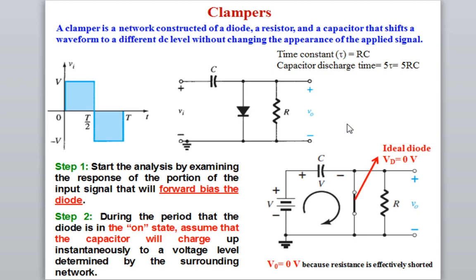Okay, so let us try to understand, if you are given a numerical problem, how to find out the value of output voltage and how the output voltage will appear when an input signal passes through a clamper circuit. So here I have assumed a simple clamper circuit. And one point it is necessary to mention here, that I have not used any biasing voltage for the diode. So that is why I call this a simple circuit.